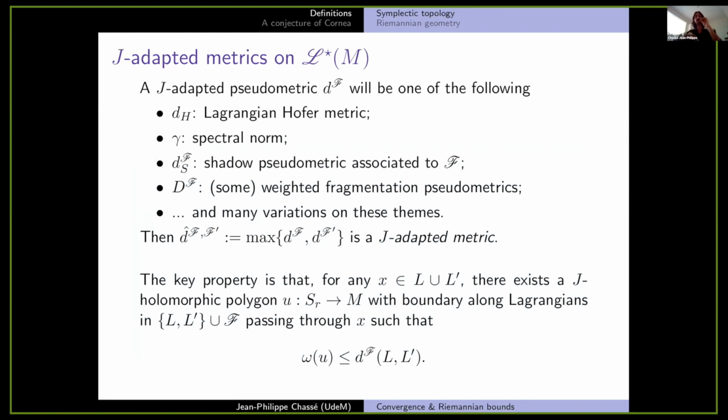Essentially, no, I don't have them. It would be the case where F and F prime are empty. Ah, I see. Okay. That's a very good question. They appear for those shadow pseudometrics. I'm only introducing that because for the spectral norm, it would also just be empty families. Okay, thank you. My pleasure. Great question.